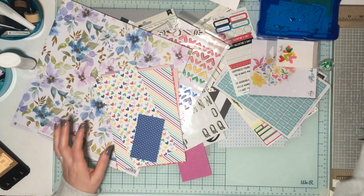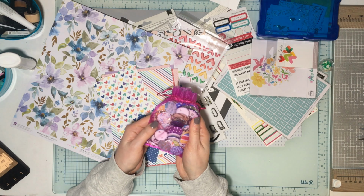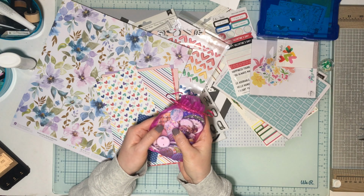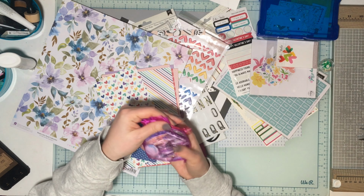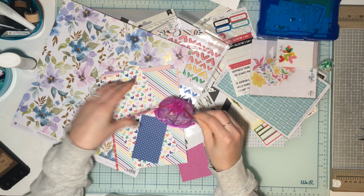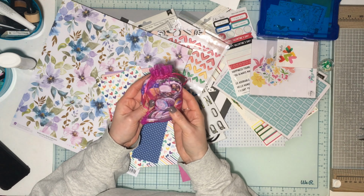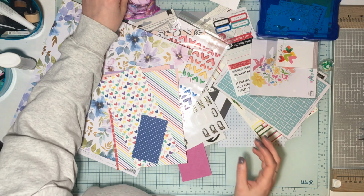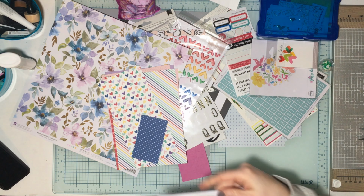So I grabbed my new set of, there is kind of a snowflake one. My new set of Dottie About Flair. I got it in, I think, a Black Friday deal that Adam was doing for Dottie About Flair, where you got a sampling of everything. So you got a sampling of a bunch of the Flair, some of the large ones. You got some sequins. You got some awesome